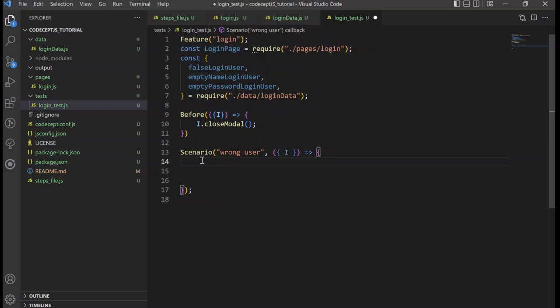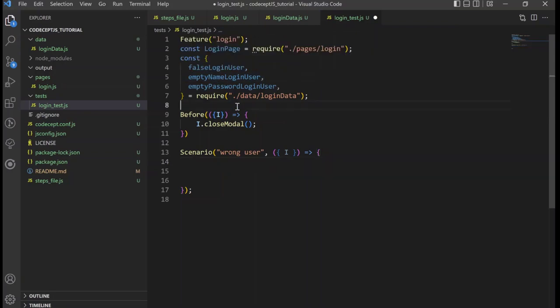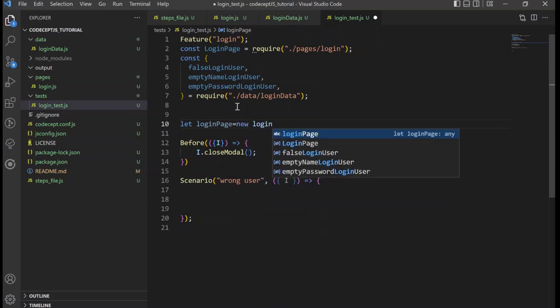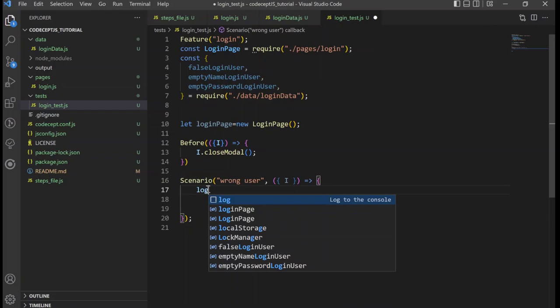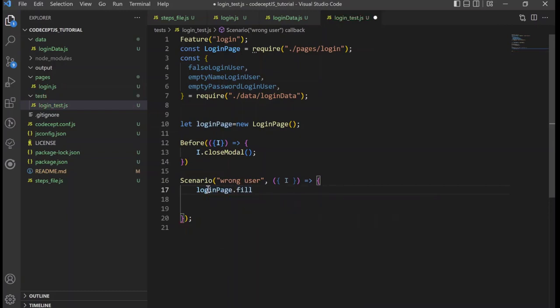And here what I'm going to do, I'm gonna make a new instance of my login page. So let page equal new login page. So under that class, firstly I'm gonna call page dot fill login fields.